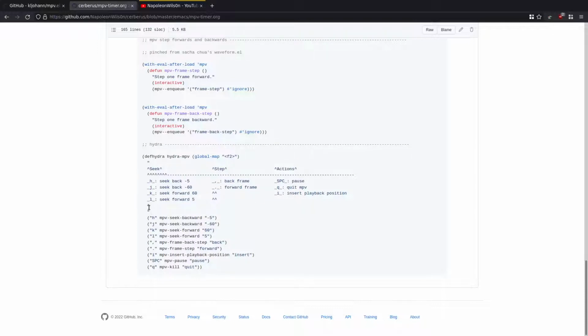So, and also another little carrot there, which adds another line between this and these items that also show up at the bottom. So what happens is all these keys get listed underneath this menu, and you can actually add a bit of descriptive text for some of them, but some of these functions I'm running also take an argument like -5, -60, whereas some of them don't, like this frame back step and step forward and insert playback position, pause